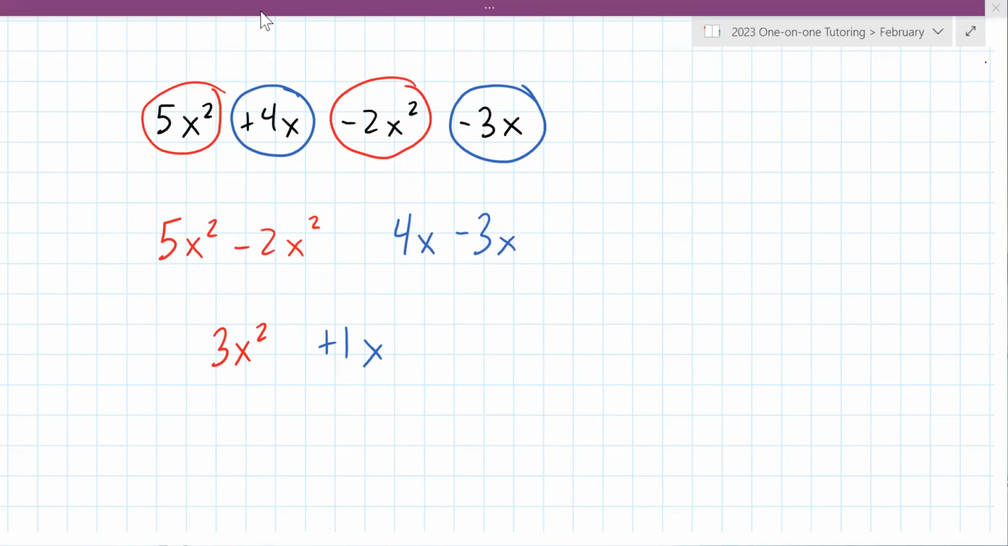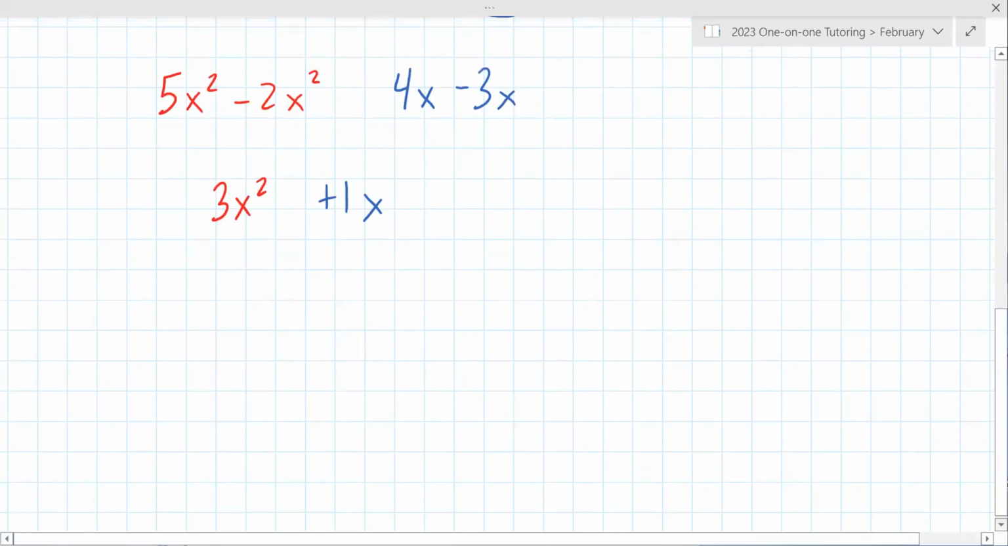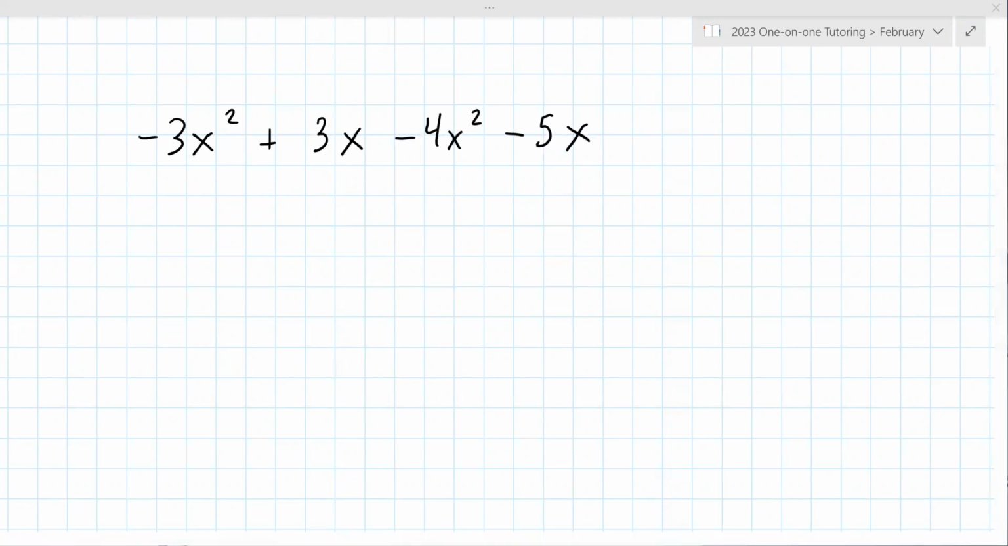Okay, let's have you try one here fully on your own. Again, I'm always making them a little different each time. Go ahead and try this one on your own, please. Okay, negative 1x to the power of 2, and